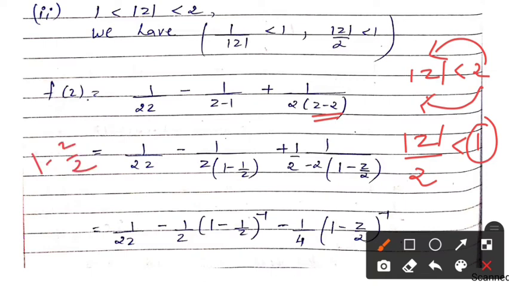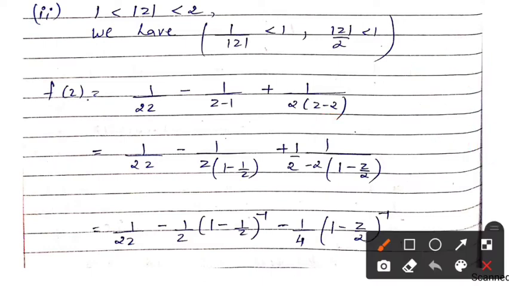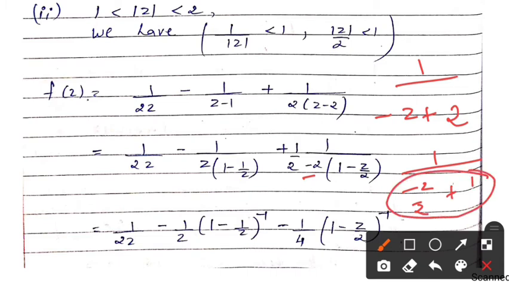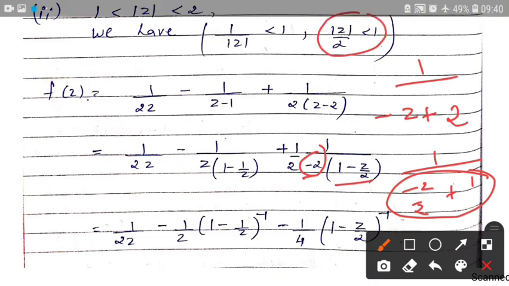Now to set 1 minus z by 2, first I have to take the minus sign common, so that I get here minus z plus 2, right? Now I have to take 2 to the denominator, so I will take 2 common. If I take 2 common here, I get 1 upon minus z by 2 plus 1. So this is 1 minus z by 2. So from the whole part I will take minus 2 common, so that I get 1 minus z by 2 and I satisfy this condition, right?